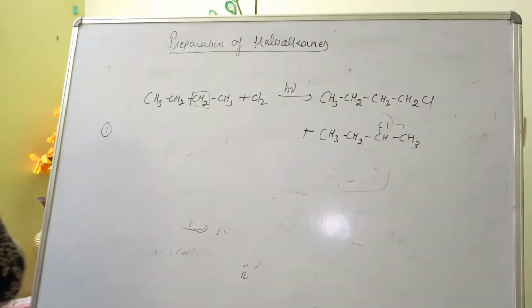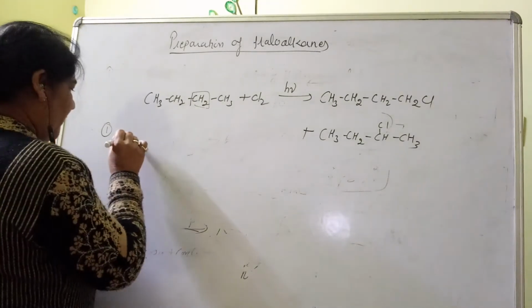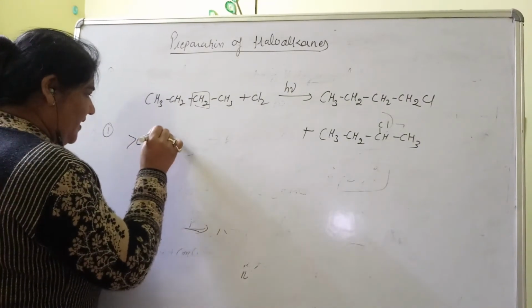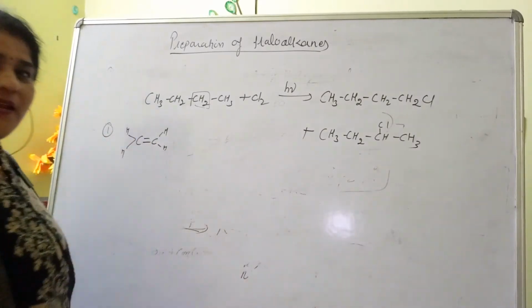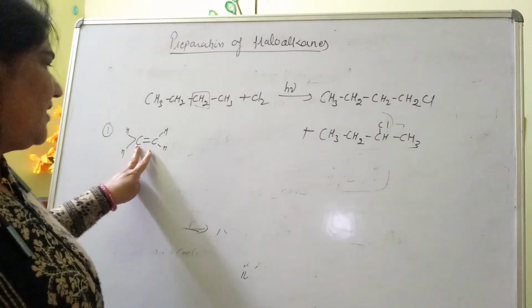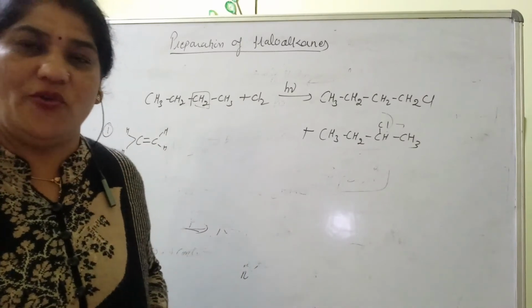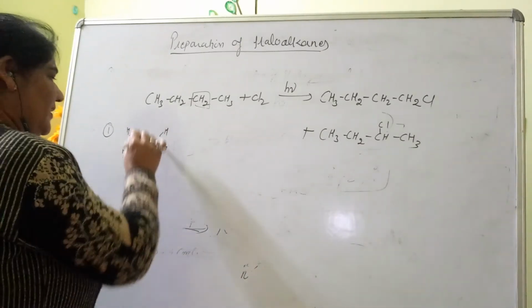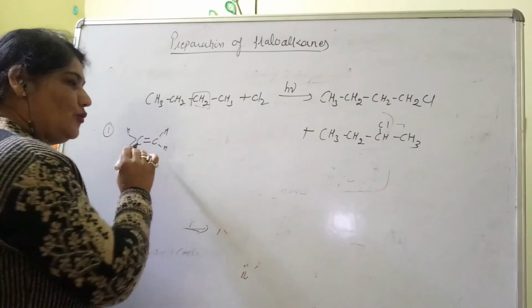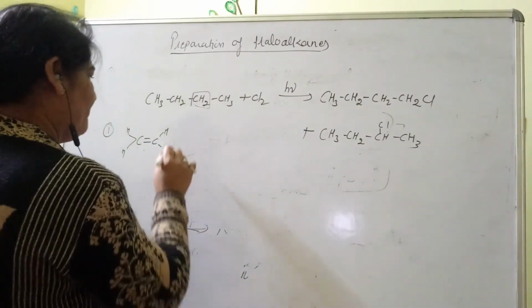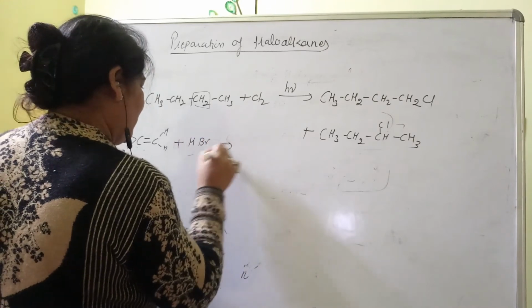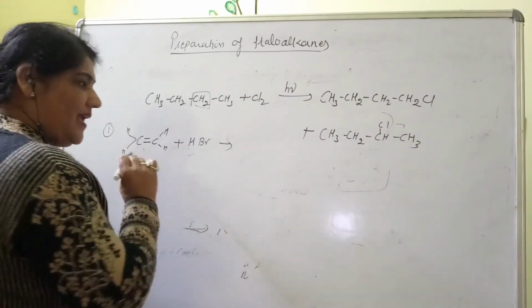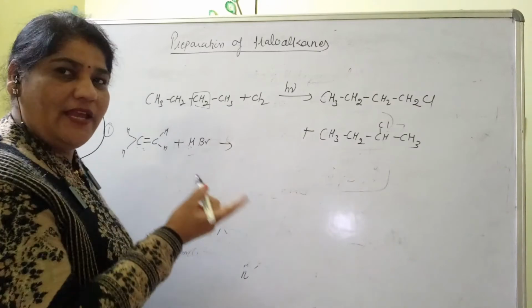Next reaction is from alkene. If you studied in 11th class, this is a symmetrical alkene. What is the meaning of symmetrical alkene? There are two carbons having the same hydrogens. When you cut by the double bond, two same types of carbon are formed. Reacted with the halogen acid, keep in mind, in a symmetrical alkene hydrogen can attach to any carbon.